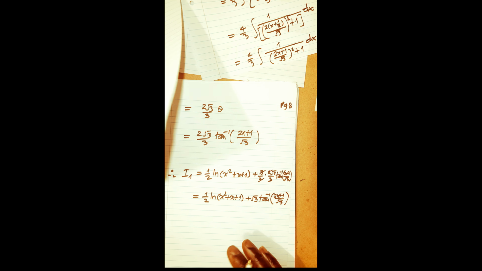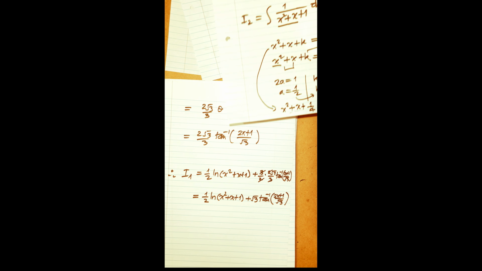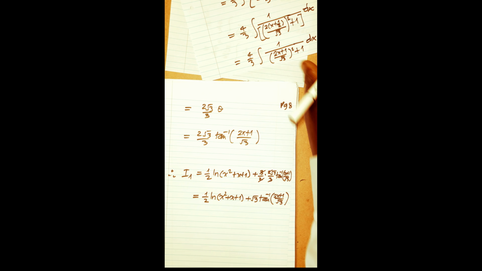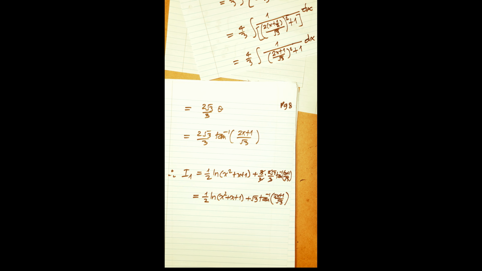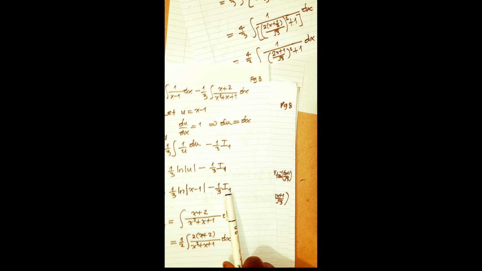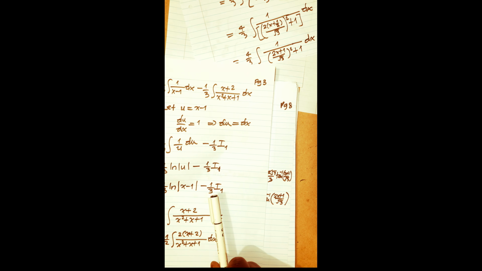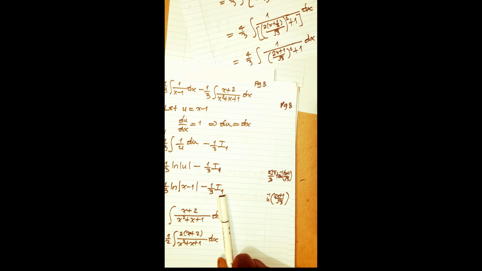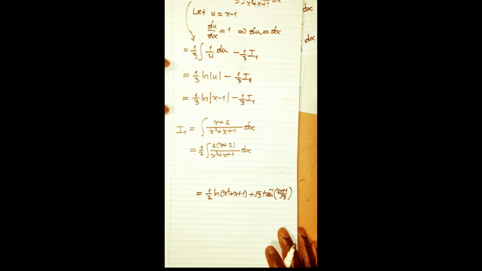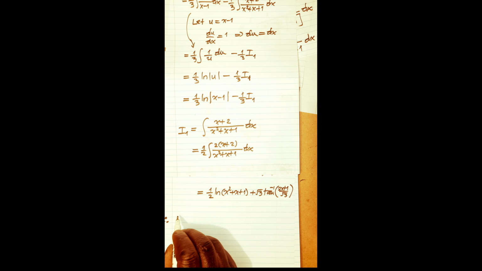Now we're taking that expression. We're going back to where? We're coming back to, this is page, we're coming back here. There. Remember, I1 is this place here. So we're going to take this one here and we're going to put it there, and then we are done. So basically we are saying our integral, therefore, our integral of 1 all over x cubed minus 1. Remember, this is where we're coming from. Dx must be equal to,